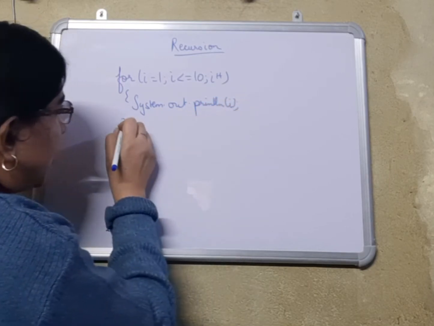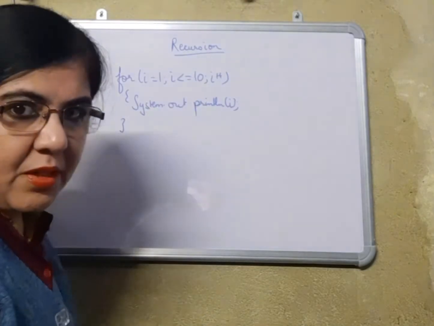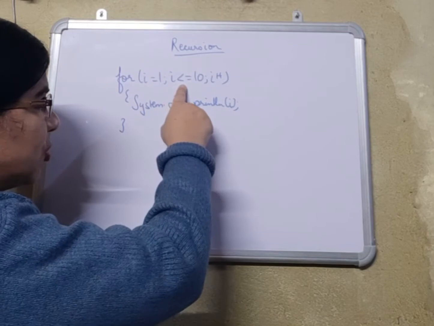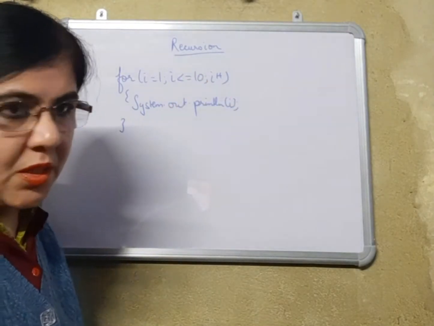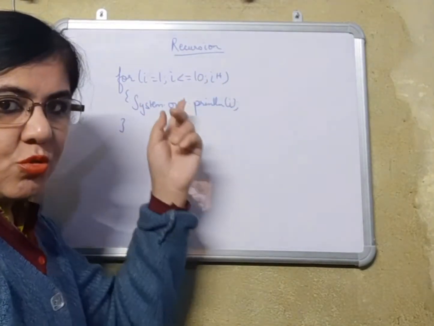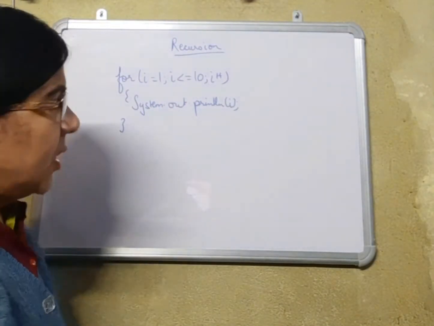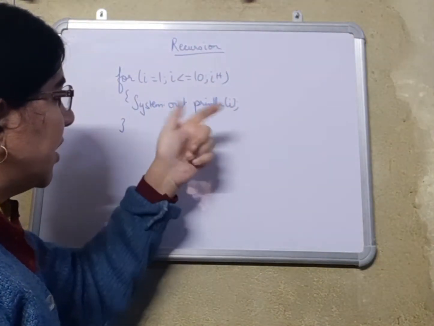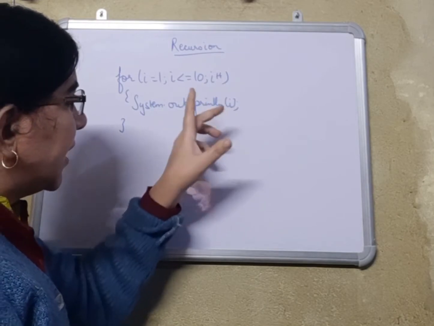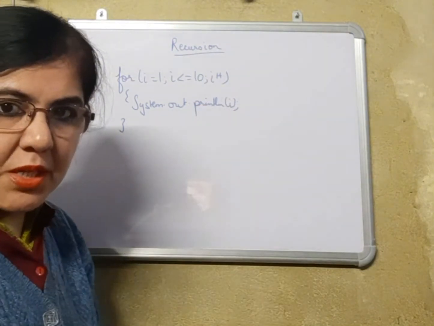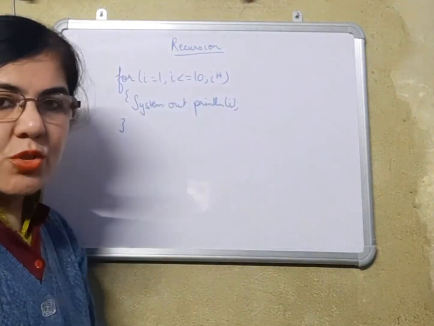When does this loop finish off? When i becomes 11. We already know, when i is 1, 1 is less than or equal to 10, it will come inside and print 1. After that, i will become 2, 2 is less than or equal to 10, again true, it will come inside and print 2. Similarly, it will keep on printing 3, then 4, then 5, till 10 it is going to print. When it goes back to the update expression and becomes 11, 11 <= 10 is a false condition,